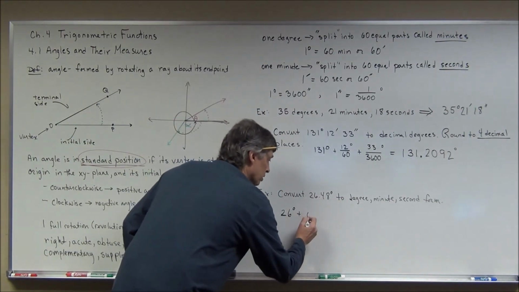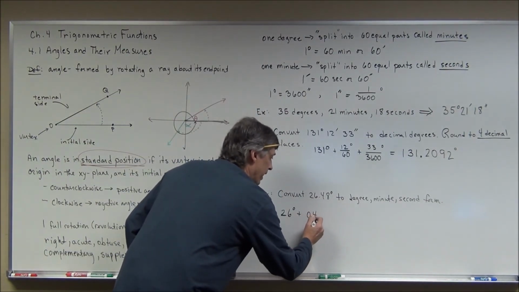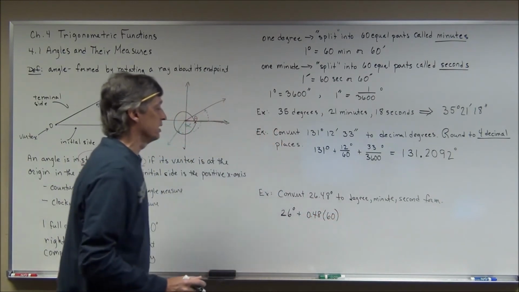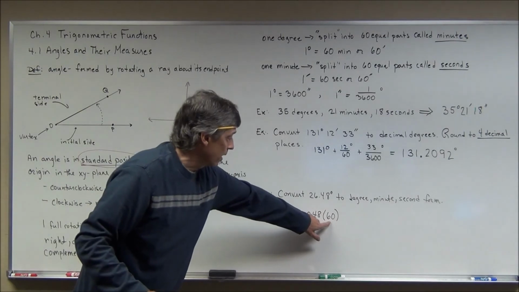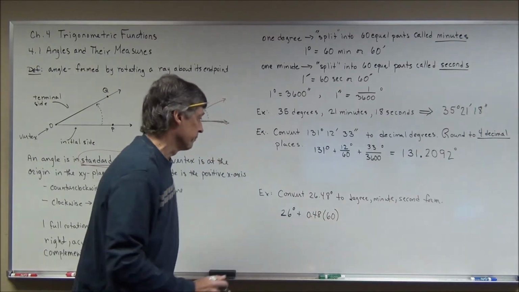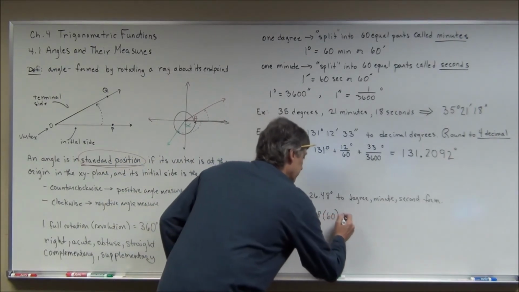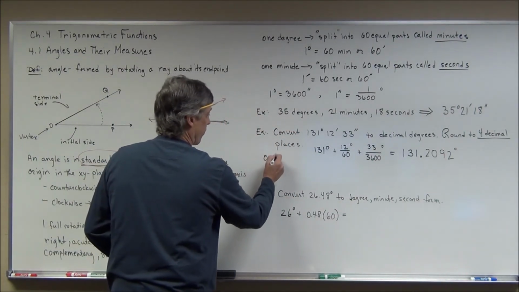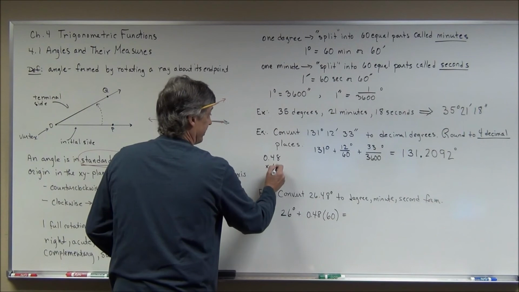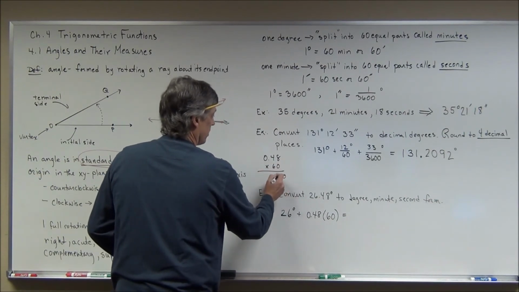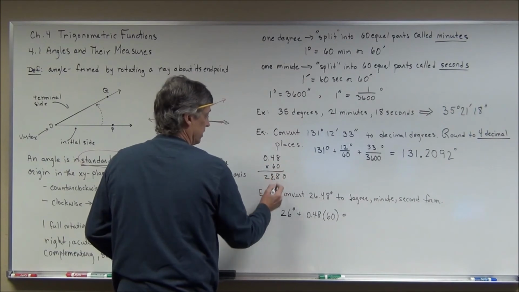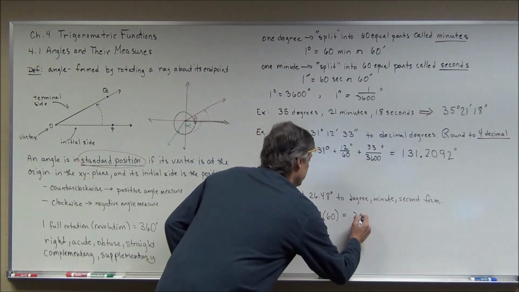So we're going to multiply 0.48 times 60 minutes, because that's how many minutes are in 1 degree. And if you do this, and I'm going to do a little scratch work here, 0.48 times 60, that's 0.8, carry a 4, that's 28 with 2 decimal places, and I get 26 degrees